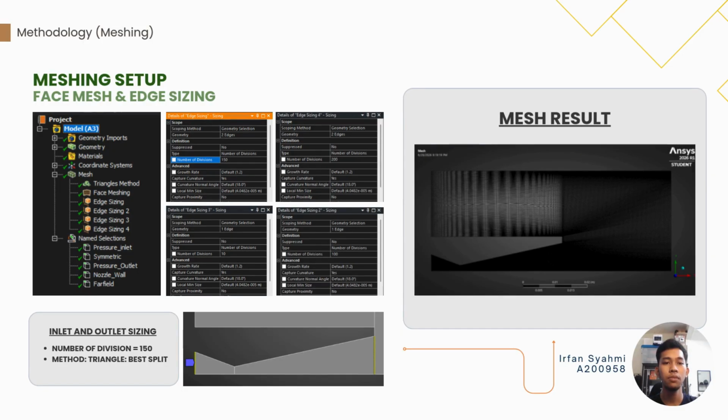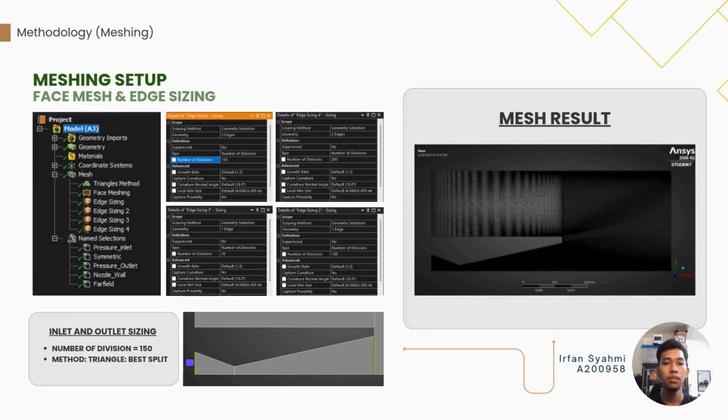We did this for a very important reason. By controlling the division, we intentionally concentrate the highest mesh density in the most critical areas, specifically around the narrow throat where the flow reaches the speed of sound. This targeted strategy allowed us to capture the complex pressure change very accurately, without wasting our computing power on